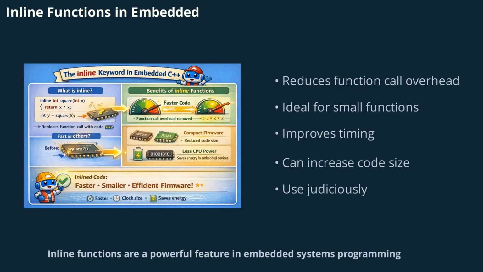Inline functions are a powerful feature in embedded systems programming. When you declare a function as inline, the compiler attempts to expand the function's code at each call site, reducing the overhead of function calls. This is especially useful for small, frequently called functions where performance is critical, such as those used in interrupt service